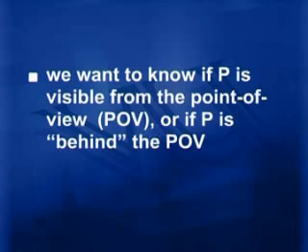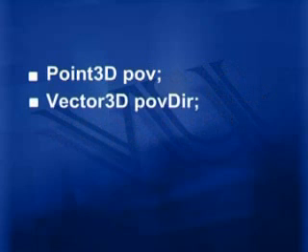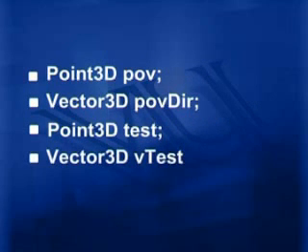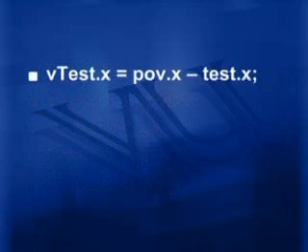Now, if you want to know if point P is visible from the point of view or POV, or if P is behind that point of view and is not visible, what we can do is we can declare a point 3D type POV, our point of view, a vector 3D type POV dir, and a point 3D type test, and a vector 3D type vtest. Then we declare float type dot product, and we calculate